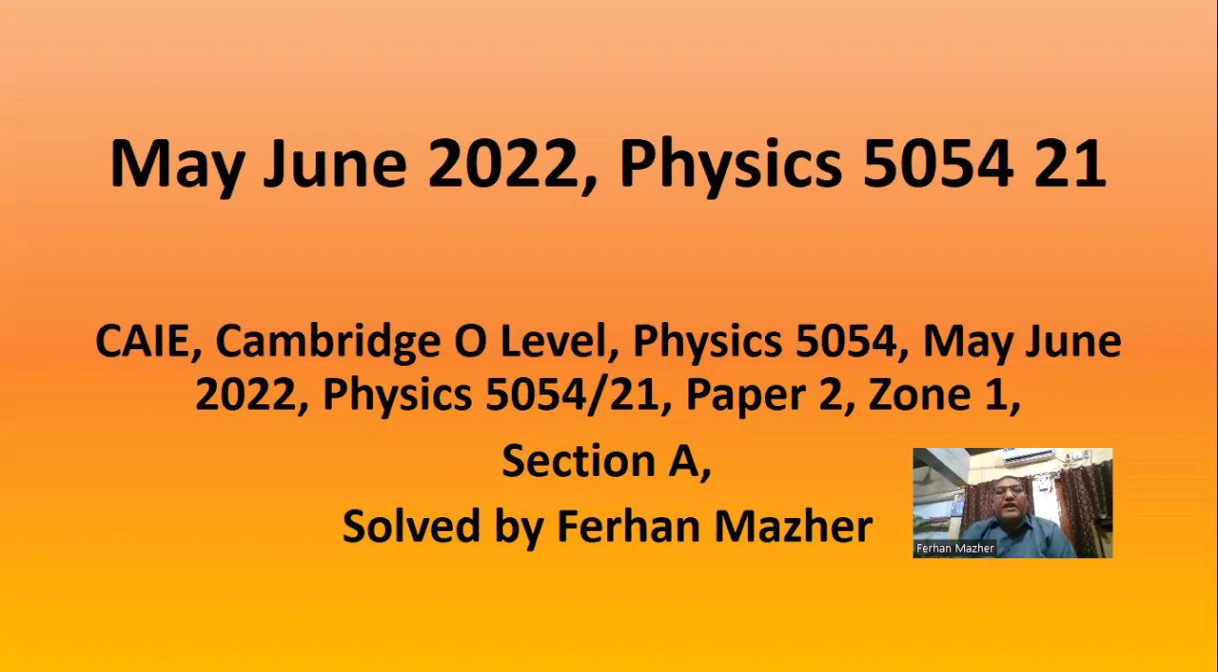This is CAIE Cambridge O Levels Physics 5054. Today we are going to solve a theory paper. We call it paper 2, and we have selected the latest paper till today. It's May-June 2022, and it's paper 2-1. This paper 2 belongs to zone 1, and in this video I'm going to try to solve the section